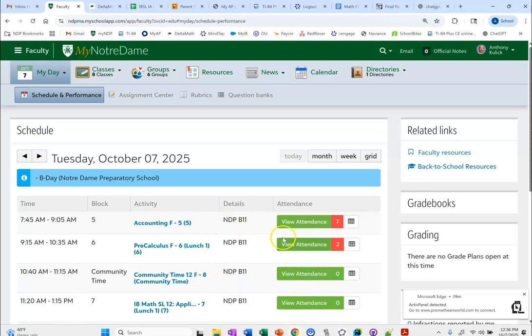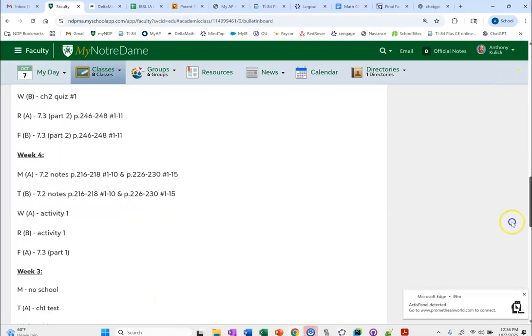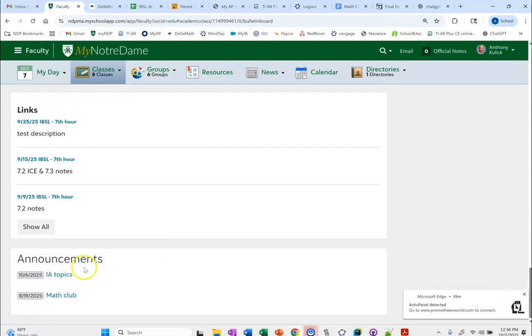I want to point out to you guys that if you go and look at our class page and go all the way down to the announcements, there's an IA topics tab or announcement down there with a link. That's a link to a Google Doc that shows the IA topics people have already chosen or been rejected on. So if you're thinking of an idea and you wonder if this one's already been taken, you can click on that link and take a look and be like, oh shoot,